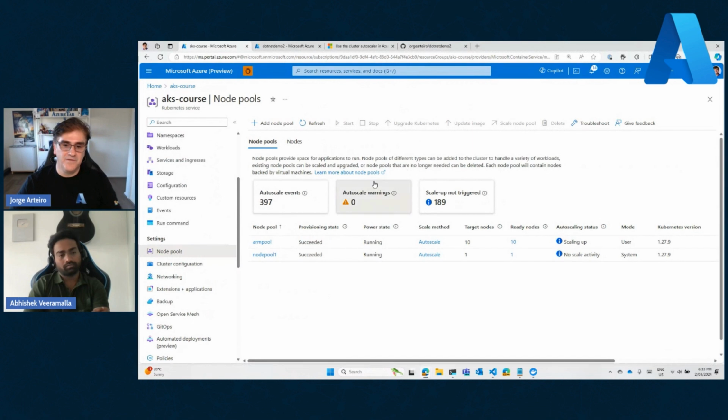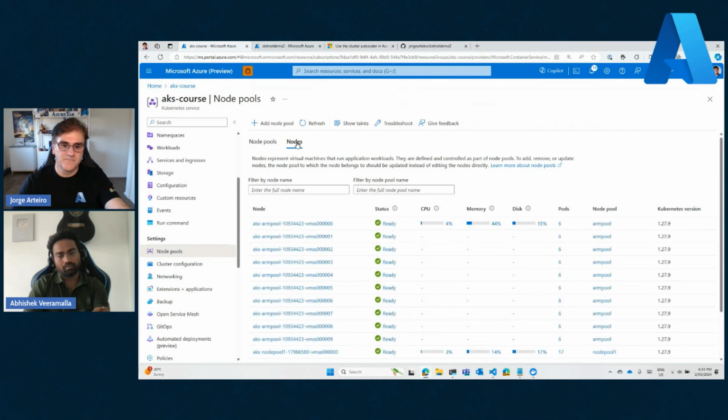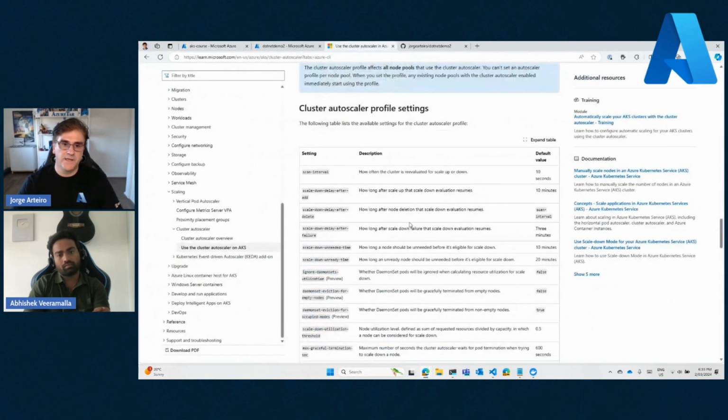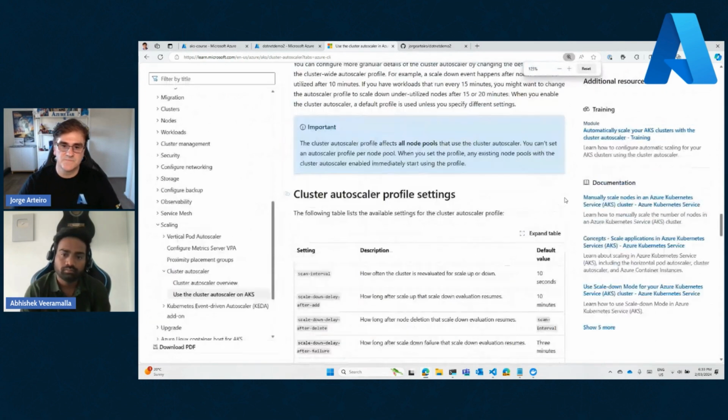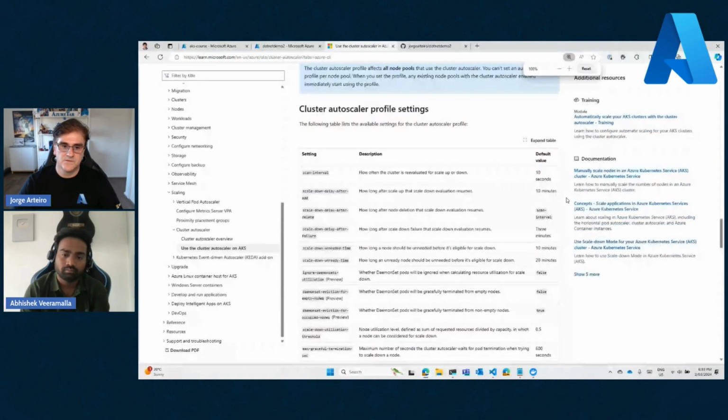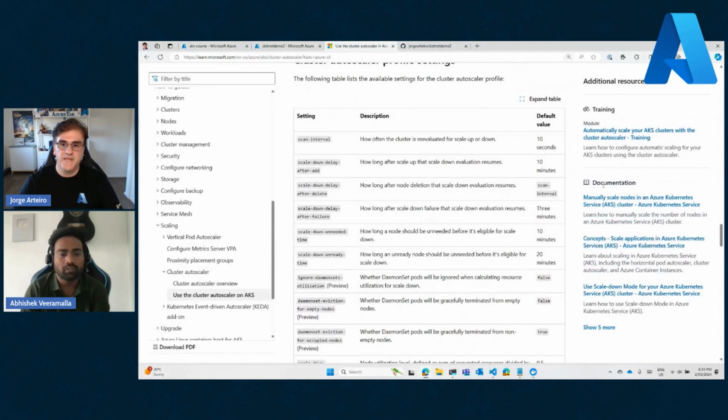Let's look at the configuration in the meantime while we wait for the cluster to be scaled down. Because it's going to take 3 minutes. But in the meantime, we can look here. Those are the cluster autoscaler configurations that we can have. So, the one that I changed was this one, where you set how long after scale